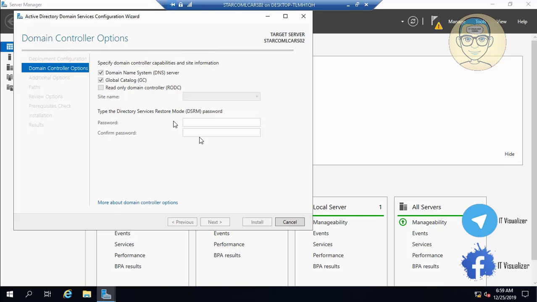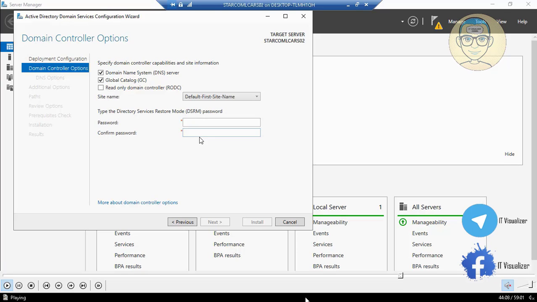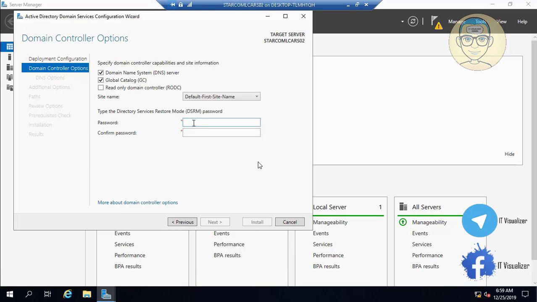And we will put a password for the Active Directory restore mode. We also have discussed what this mode is for. So we will do this. We will begin configuring the password for the Active Directory service restore mode. And then next,